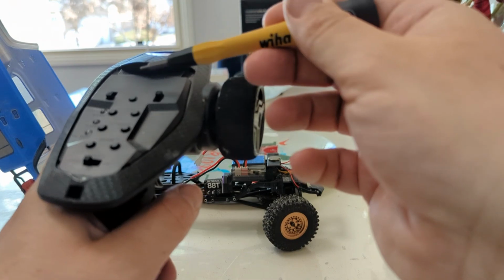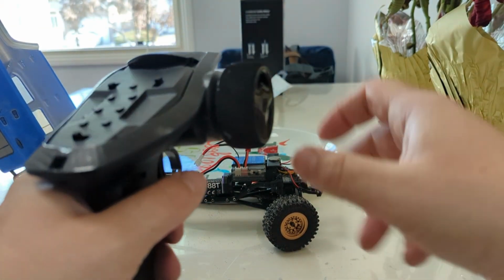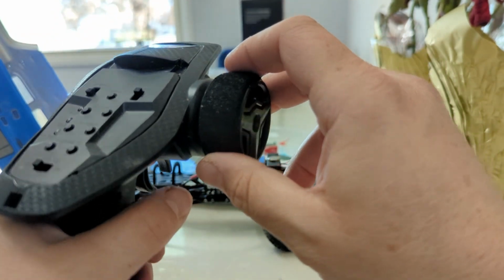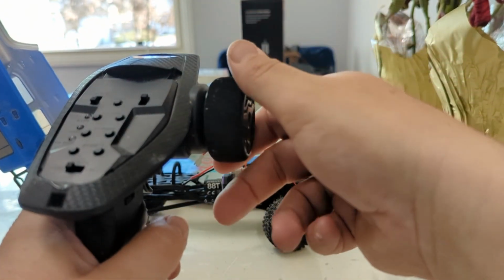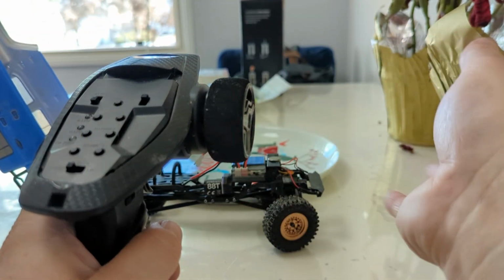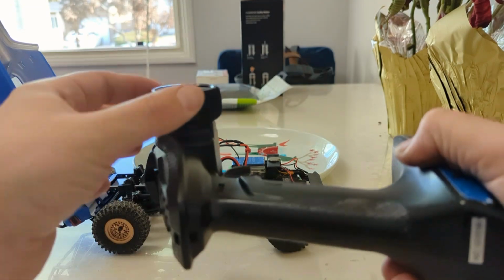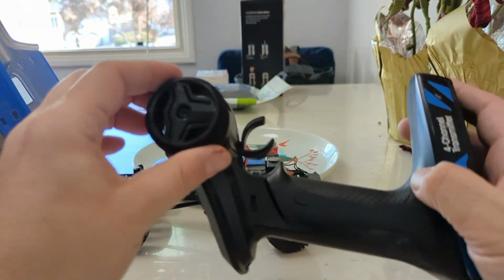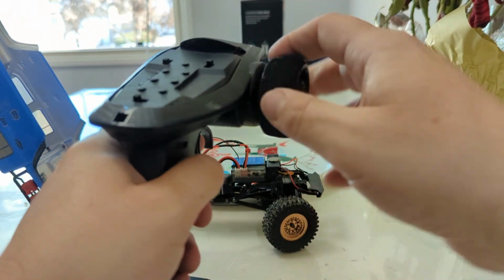I prefer to have my steering set to where when I turn the wheel forward, it makes the wheels go right. And when I turn the wheel backward, it makes the wheels go left. And if you just flip it like this, it's just like you're driving a car. That's the way it makes sense to me. So that when I'm holding it,